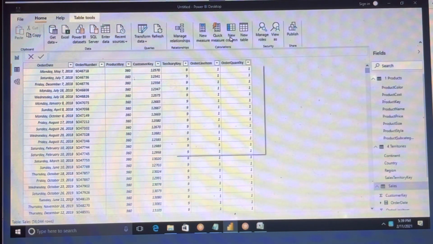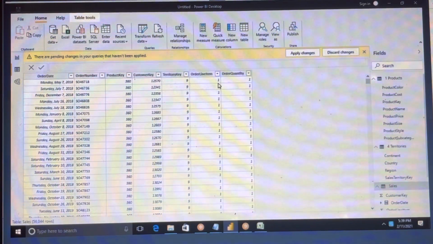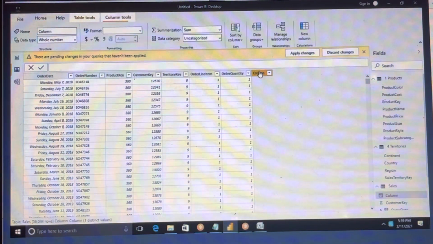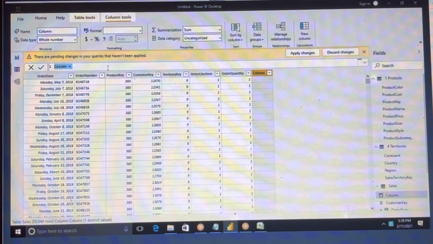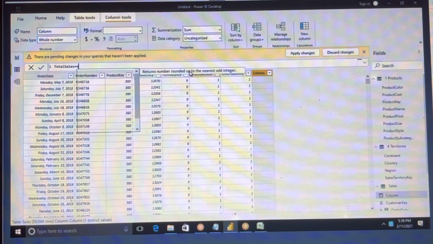Once you click on new column, it will add the column. Now you can write the column name. I wanted to use total sales. My column name is total sales, and total sales means order quantity into price, right? Order quantity is from the same query, so you can write order quantity.